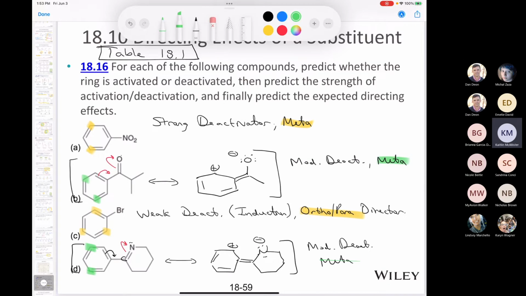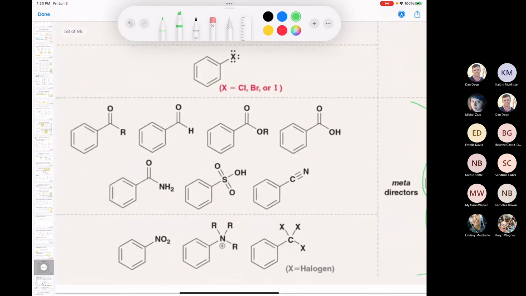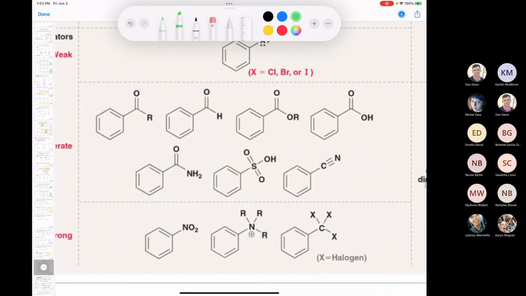Go ahead. Question. So I could see how you knew that that was a deactivator, but how did you know it was a moderate deactivator? Because if you go back to the table, so let's go back to the table. Anything that's a moderate deactivator always has a way to delocalize electrons away from the ring. And if you look at the nitro, it's just much more electron withdrawing because you've got 2 oxygens, which can